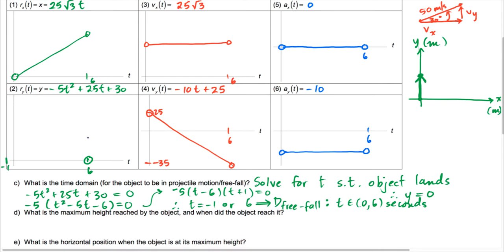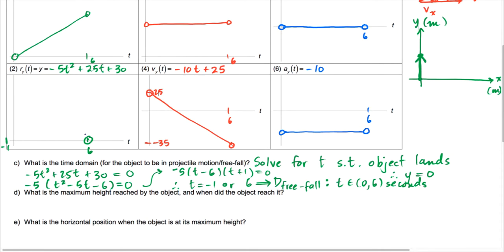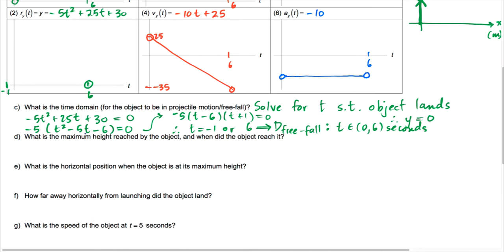And then lastly, we want to come up with this remaining green graph for the y component of position. So we're going to take a look at part D, because this is really going to help. The maximum height reached by the object when we have a parabola graph is the y component of the vertex. So to come up with the vertex, we already knew we had the two time intercepts, i.e. time values such that y is 0. And by the axis of symmetry, we can find out where the vertex lies by the midpoint of those values. So the time coordinate of the vertex is the midpoint of negative 1 and 6, which is 5 over 2,